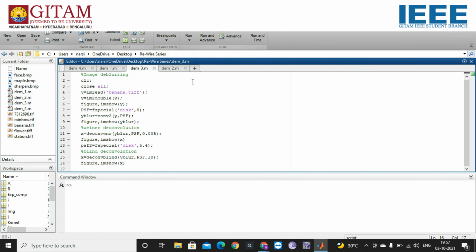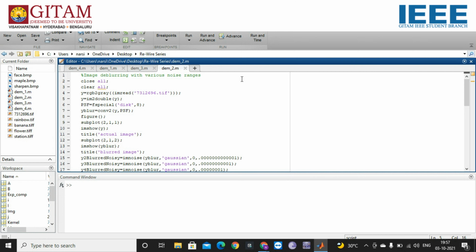So the next code will be about the effect of noise on deblurring an image. In this line we will be taking the image as an input and then converting it into a black and white image, which makes it easier for us to perform operations on that image.